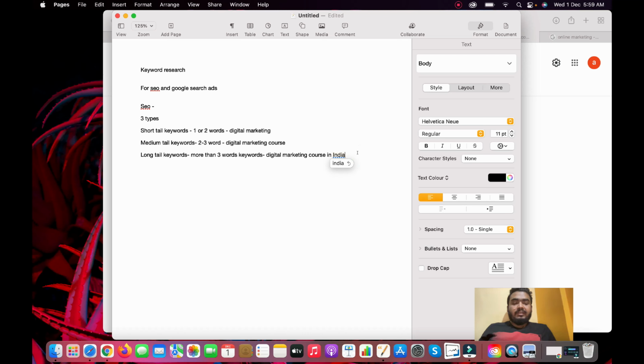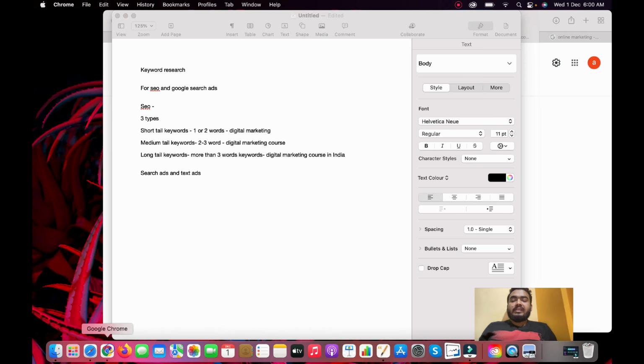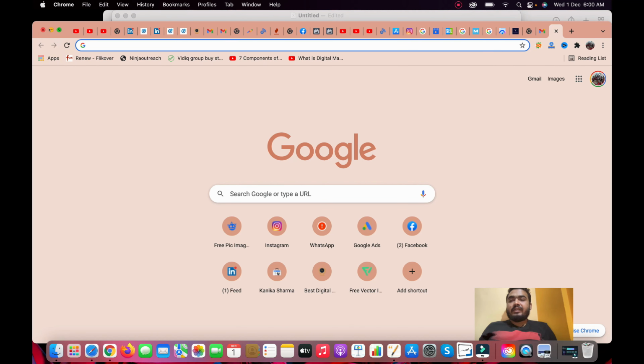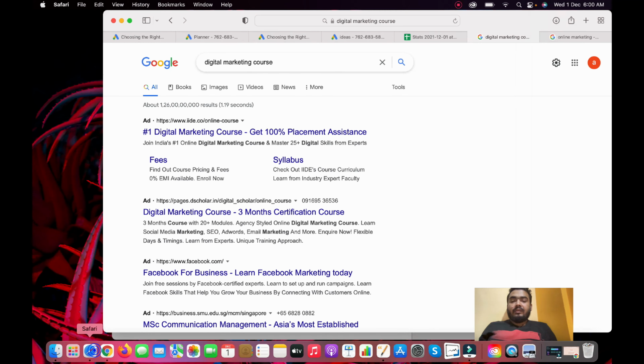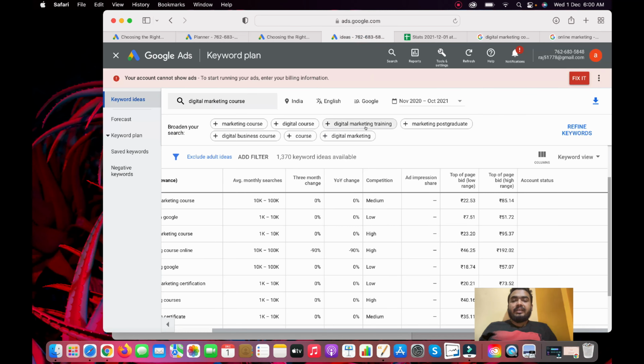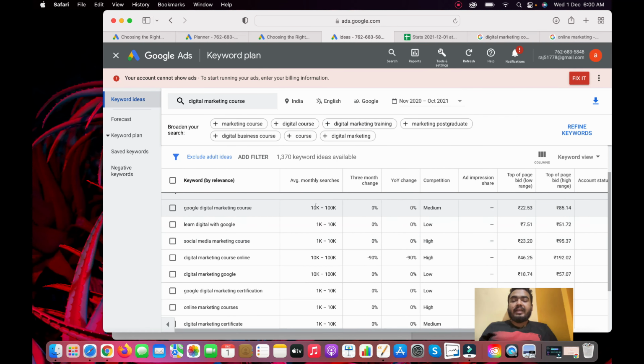Now coming to Google search ads, or you can say text ads, you can do two things here. The first thing is the same that we are searching here, so I will open it. For the keywords, we can take whatever has higher average monthly searches.